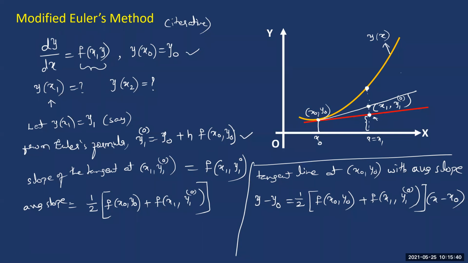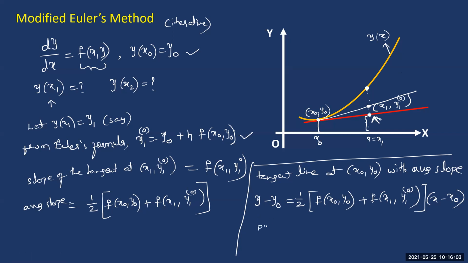Now I'm taking this intersection point as my first approximation. You have started with some initial approximation, which is here on the red colored line, and now I'm taking this new intersection point as my first approximation. So when it is the first approximation, I can take the line as still x is equal to x1 only, so the x coordinate is x1 only. But now the y coordinate, I'm taking it as y1 first approximation. So let us substitute.